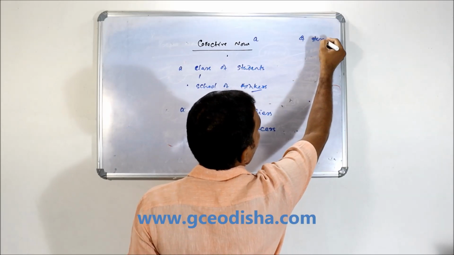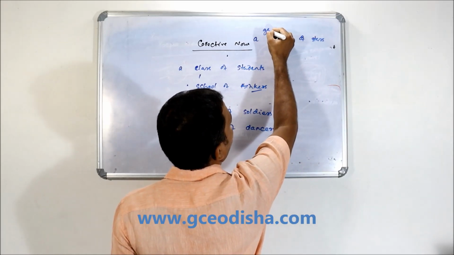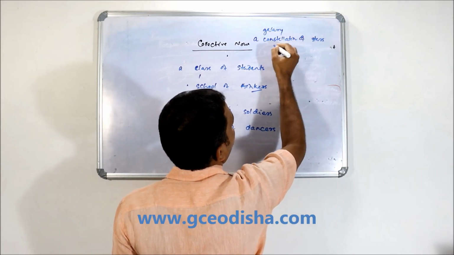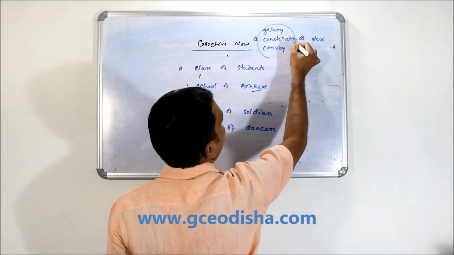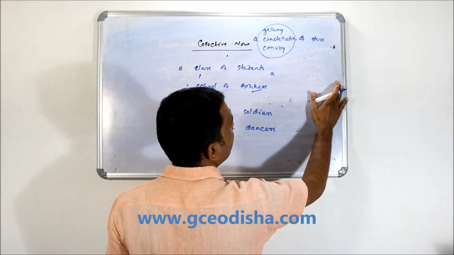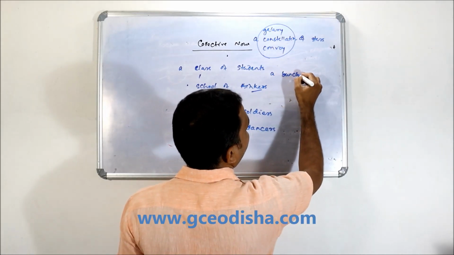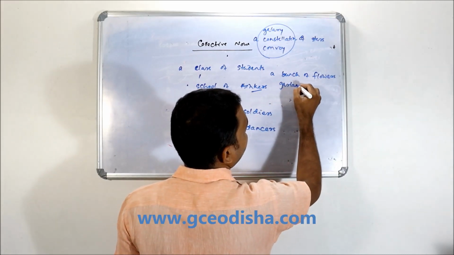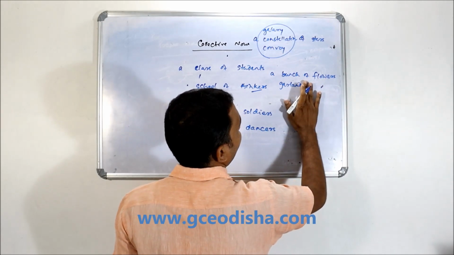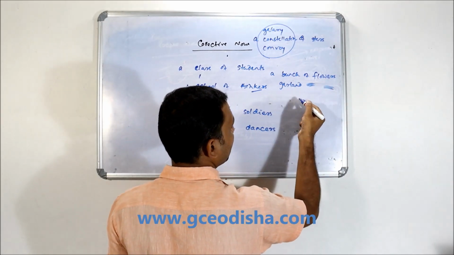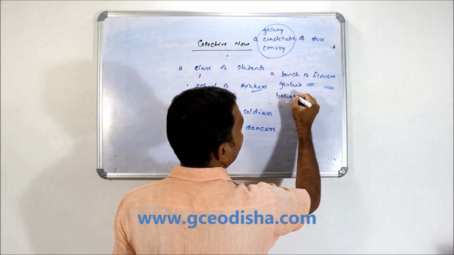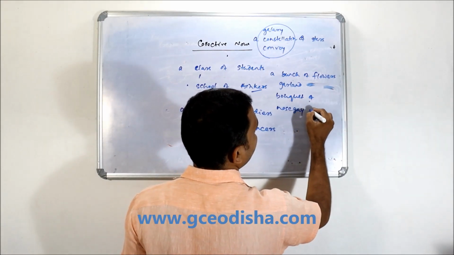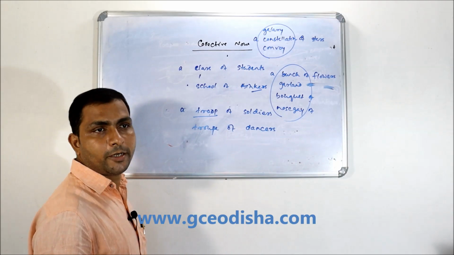Same for stars. Suppose you have stars, we can use a galaxy of stars, a constellation of stars, a convoy of stars. There are many grouping words. For flowers, we can also write in this manner. We can say a bunch of flowers, not a problem. We can say a garland of flowers, right? We can say a bouquet of flowers. We can say even a nosegay of flowers. Okay, so we